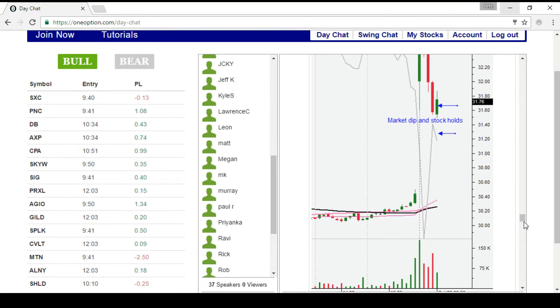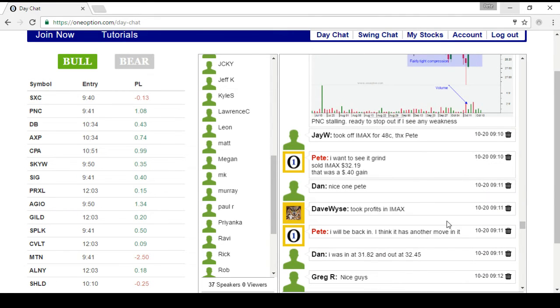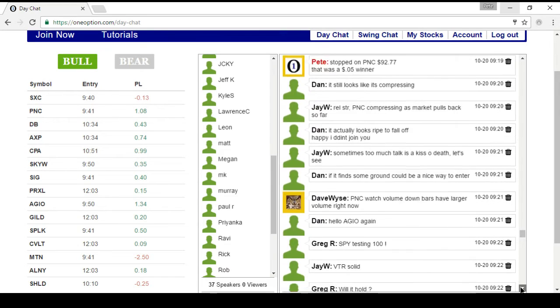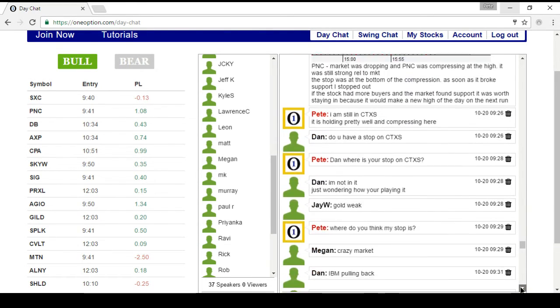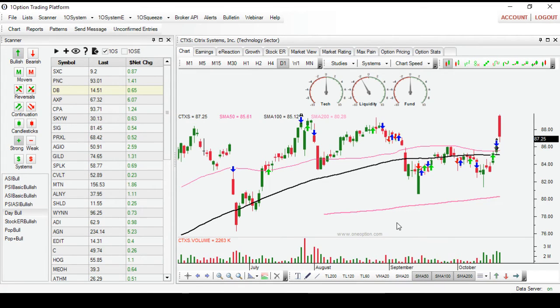So members in the chat room can private chat with me if they need some explanation. Every single trade that's posted in this chat conforms to the pattern. So there's no guesswork, there's nothing random here. If you see it posted here by one of the members, they're telling you I'm getting in on this stock, you go take a look at it, you visually confirm the pattern, and you go, yeah, that looks really good. Or maybe I'm going to take a pass on that. So we're constantly helping each other find trades throughout the course of the day. And I'm constantly educating everyone on how to day trade this pattern. So let's go back to the platform and we'll take a look at